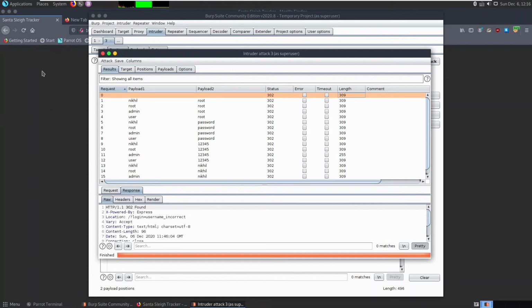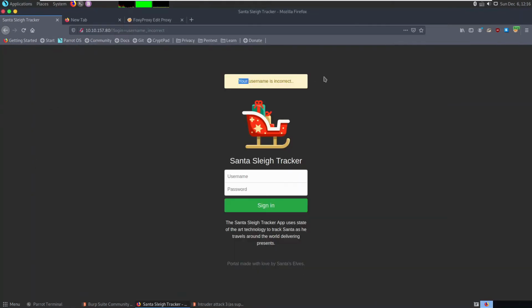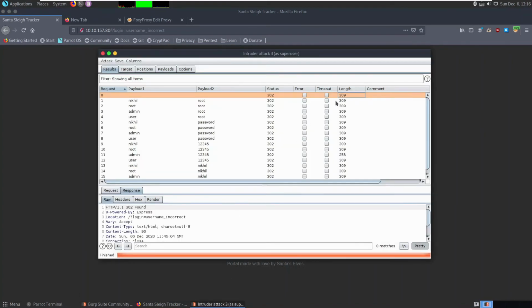Every failure page will be the same, like username is incorrect and login failure, so the lengths of those responses will be the same. The success page response will be different because it contains extra elements like an admin panel or other elements.